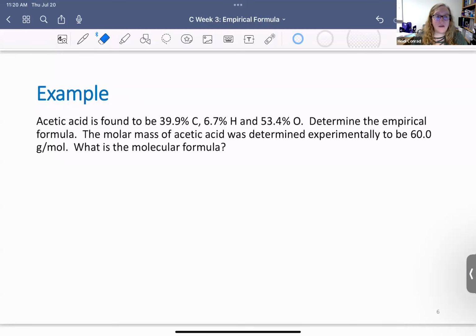Okay, we can solve this pretty straightforward. We're going to solve it just the way we just did, but then we're also going to determine the molecular formula. Acetic acid, you should know how to do by this point anyway, because you're going to learn polyatomic acetate, and then you're going to learn how to name acids. So it's always a good way to check yourself. But let's go ahead and solve it. We're going to do the exact same thing we just did. We're going to assume